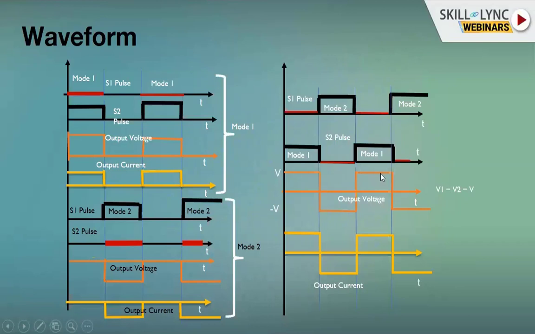So we could see over here, this is an alternating square wave. So this is called a square wave inverter, where the input is going to be only V. For example, here we have taken V1 and V2 to be the same value, and named it V. So this voltage V is going to be the maximum voltage, the peak voltage of the output across the inverter.